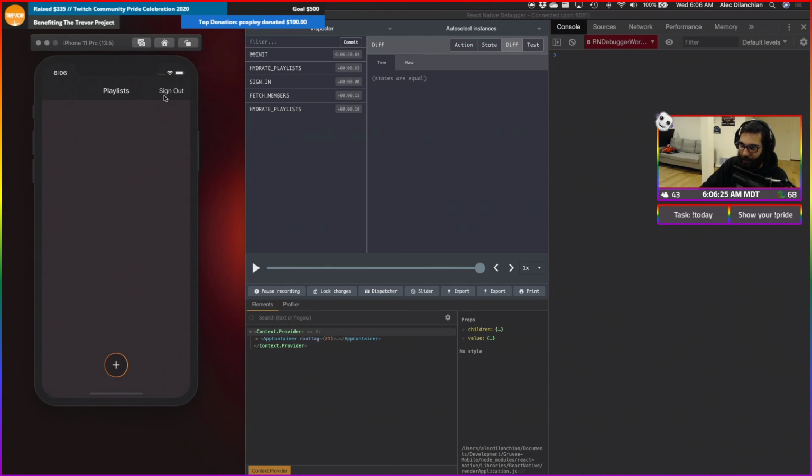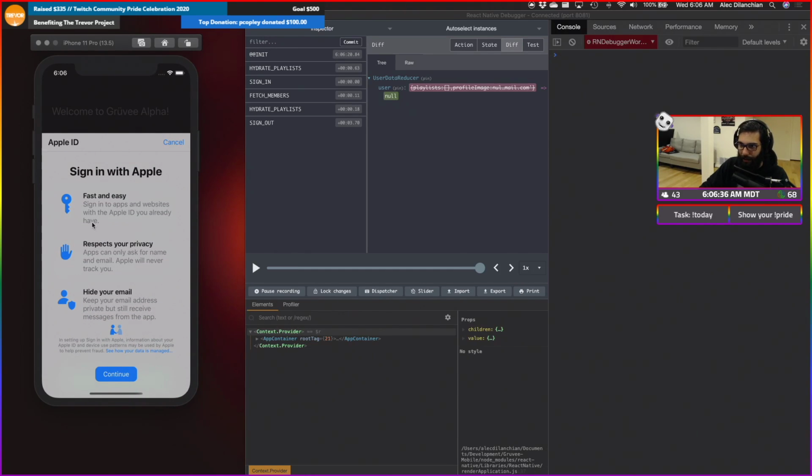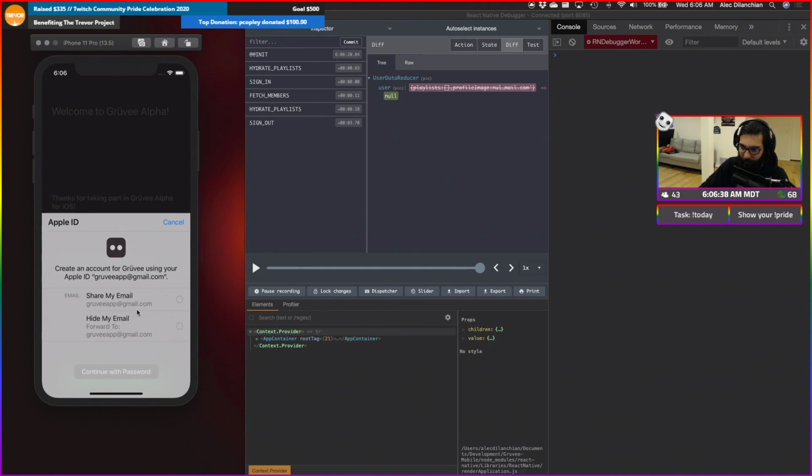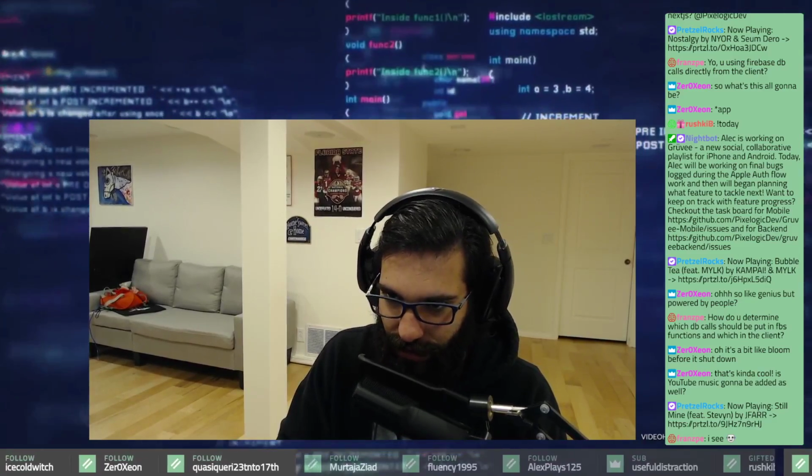And what we're going to do is just sign out right here. And on sign out, we have that right there. Now I've signed out the account fully. If I go to sign in with Apple, you'll see our UI pops up here. I'm going to hide this when I put in my password. So shh, it's a secret.